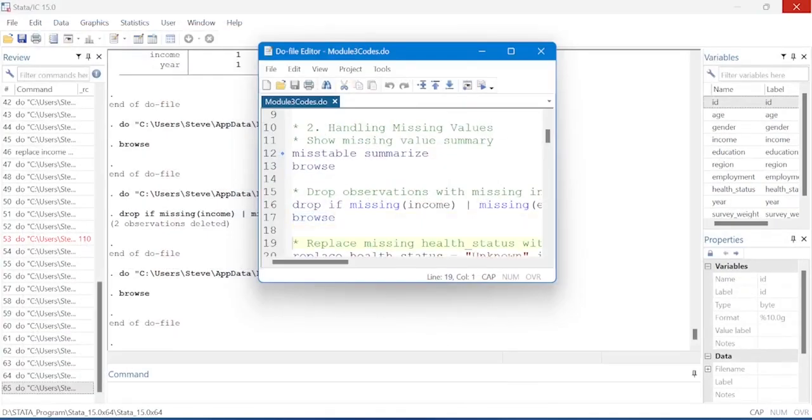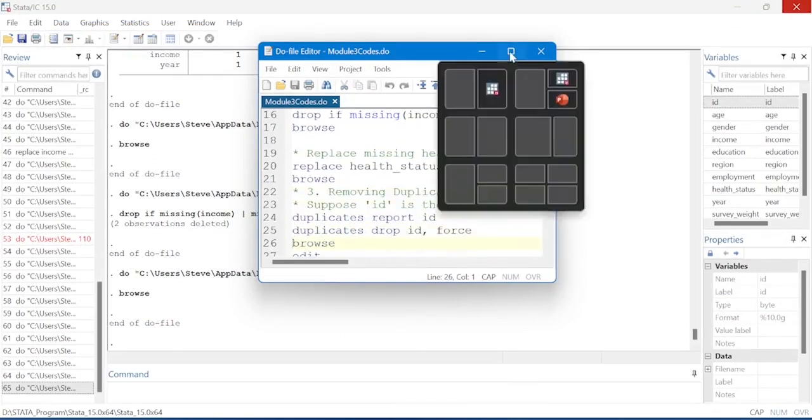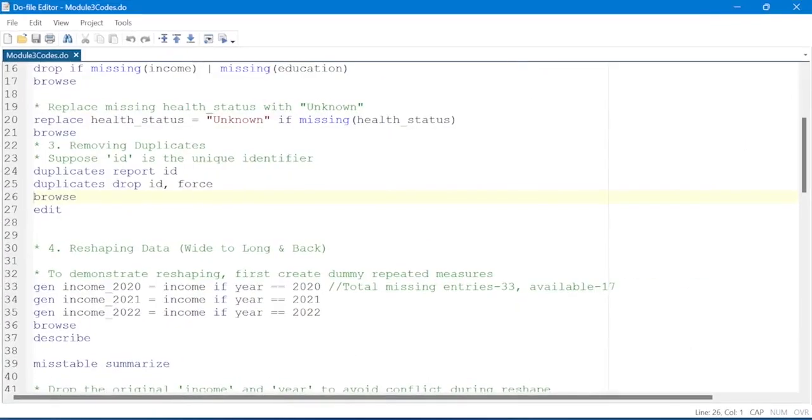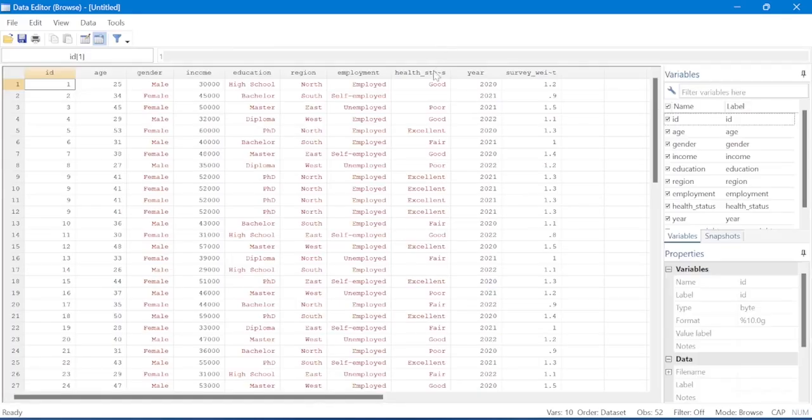Now what follows, we want to do some data harmonization. We want to replace health status with "unknown" if it is missing. So if someone did not provide the health status, then we will have to issue an alternative response as unknown. So first of all, before we do that, let us again browse our data and navigate to the health